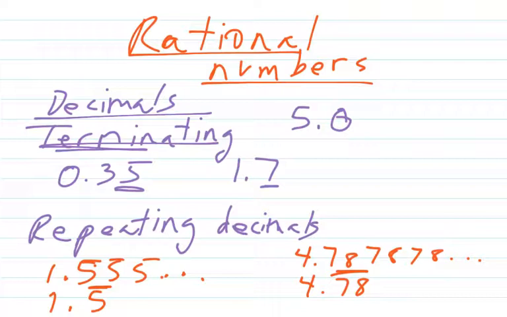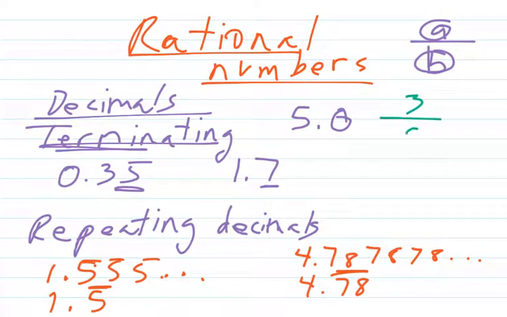Now, we also have a form of a number that's a fraction. So anytime a number is a fraction in this form, a over b, where a and b are integers, more like your basic positive and negative numbers, okay? As long as those are your more basic numbers and it's a fraction, that's a rational number. So for example, 3/5, that's a fraction, meaning it's a rational number. Or 1/3, that's a rational number. Or